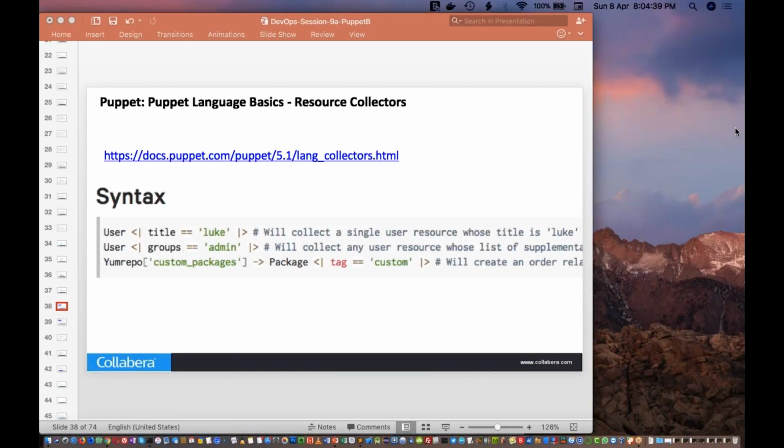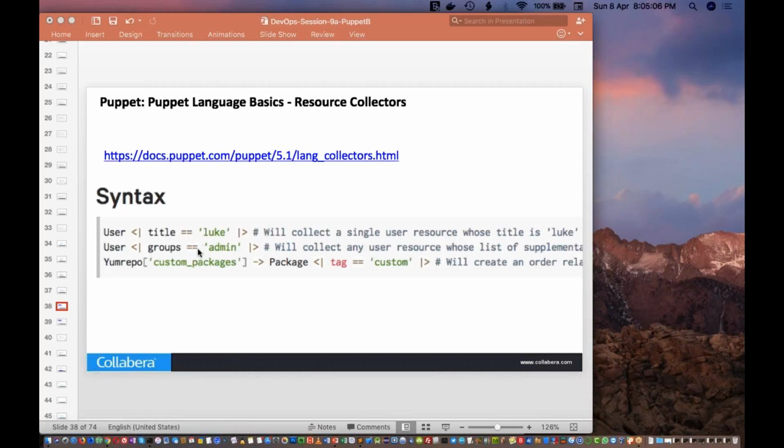If you specify like this, then it will collect a single user resource whose title is Luke. This is like filtering, or getting data based on a particular condition from a set of data. So this will collect the user with title Luke from the list.